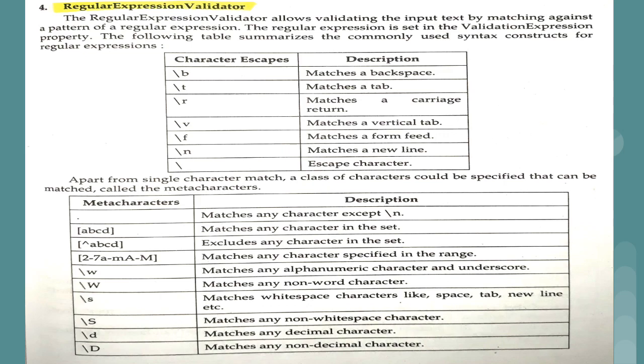After that they have written 2 to 7, a to m, and then capital A to M. It means whatever you insert inside the text box can contain numbers between 2 to 7, small characters between a to m, and capital characters again between A to M. Like that we can make use of these validation controls. That will be clear to you in the practical session.